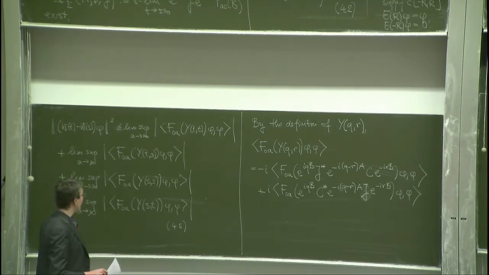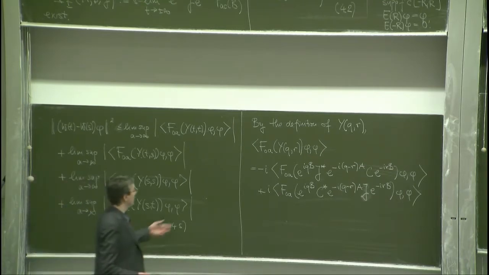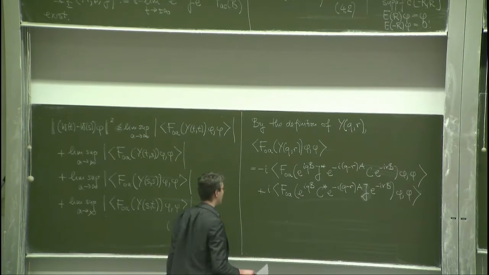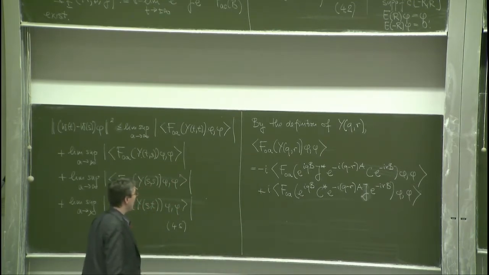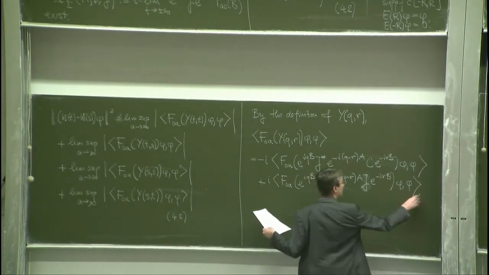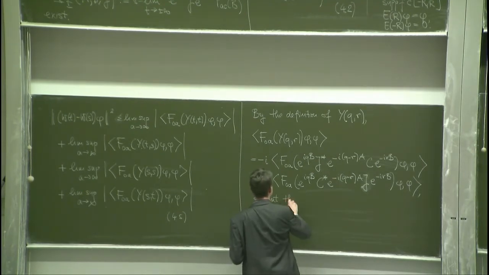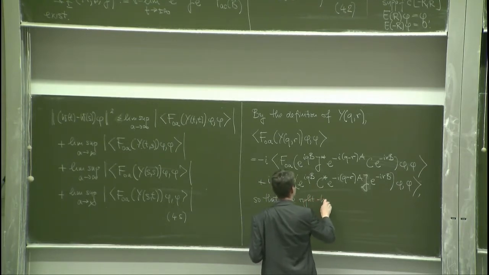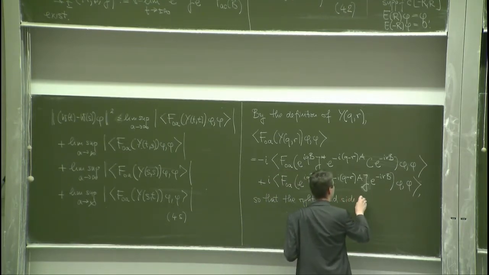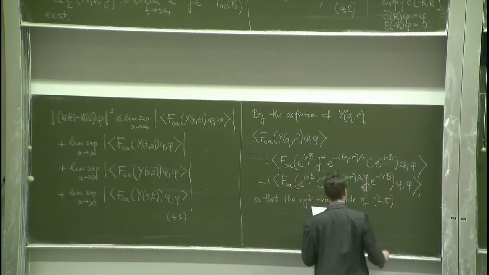Yeah, nothing more. And if I apply this to the 4 terms that we have on the left-hand side here, it's clear that we now get 8 terms. Because each of these terms yields 2 new terms of this type, and they are all of the same form. So that the right-hand side of 4.5 yields 8 terms